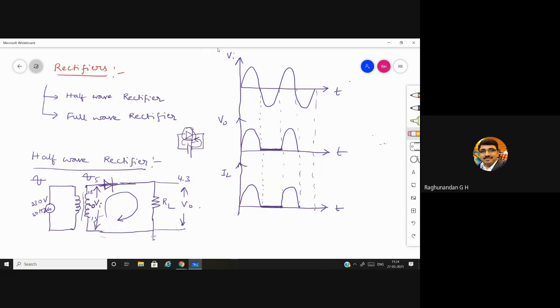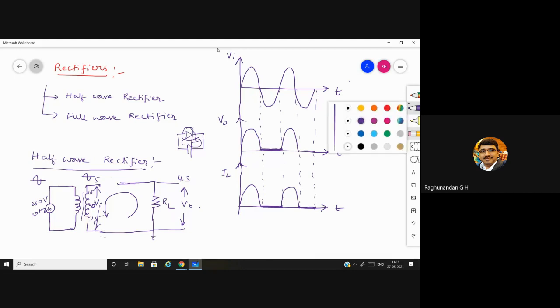During the negative half cycle, again the current is going to change direction. When it changes direction, during that time the diode will get reverse biased. When the diode gets reverse biased, it acts like an open circuit, so the loop will be opened. It will not be a closed loop, and when the loop is not closed, the current cannot flow. Hence the current across RL and voltage across RL will be 0. So we will write it as 0.